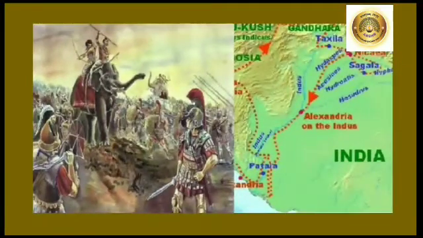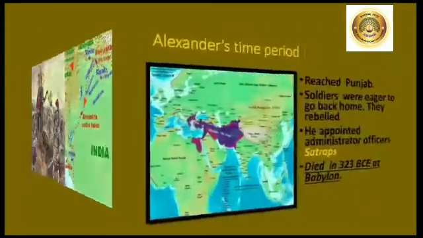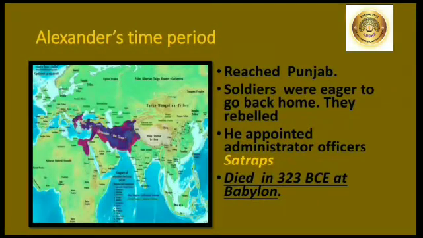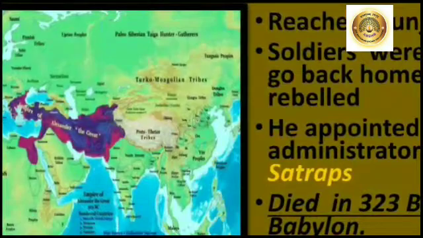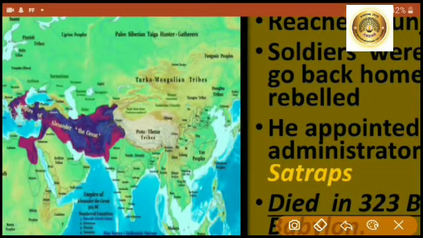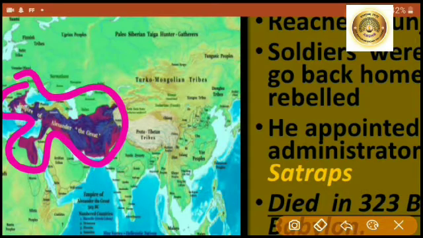In that time, children, what happened? Many local kings tried to stop Alexander with full force, but he defeated the Indian kings and reached the Punjab. Now, in that invasion, his army had to suffer several hardships. You can see in this map, this is the total empire of Alexander. So, Alexander's journey was from here and he reached India.